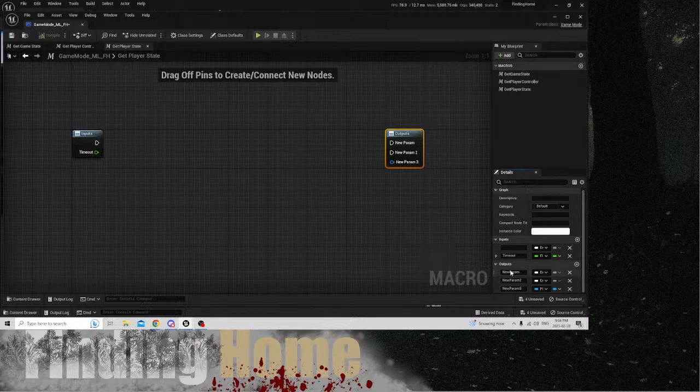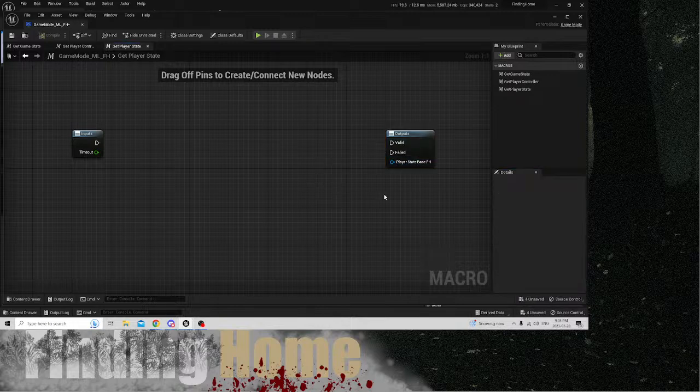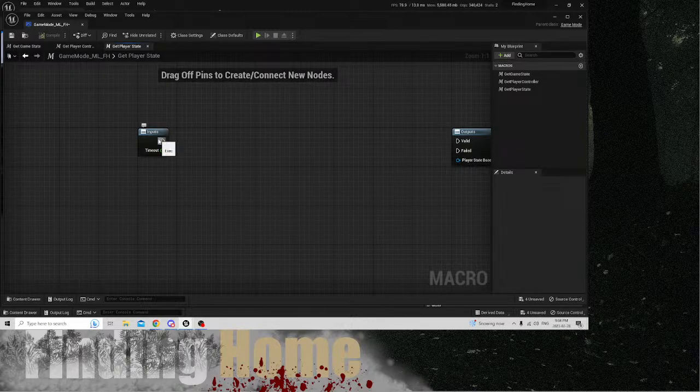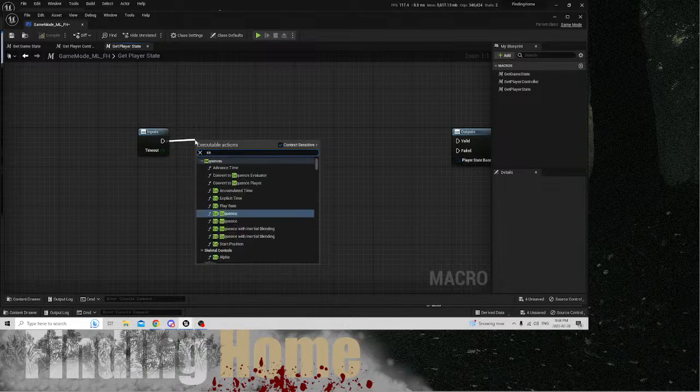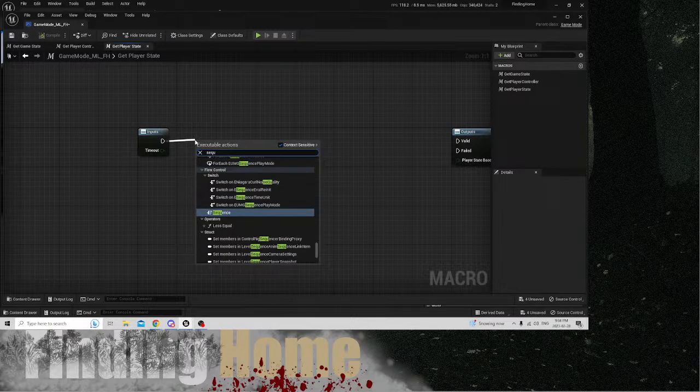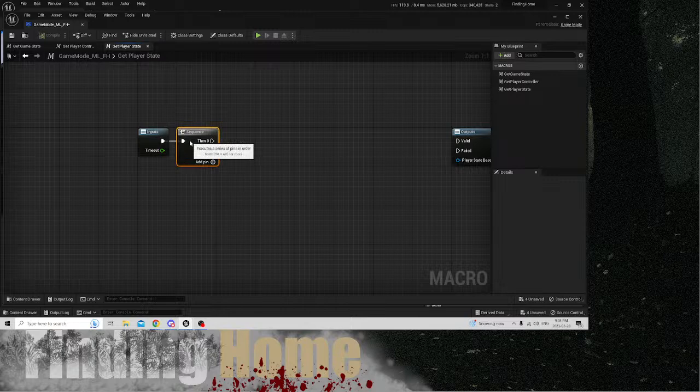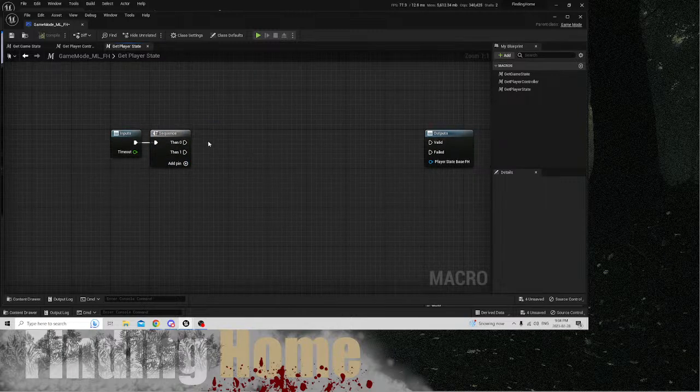We're going to rename this. This one's going to be valid, so this is if it's returned something valid. This is going to be failed, if it's returned something failed. And this is going to be my player state base FH. And so we're gonna do a sequence here. The first thing we want to do is get a player state,